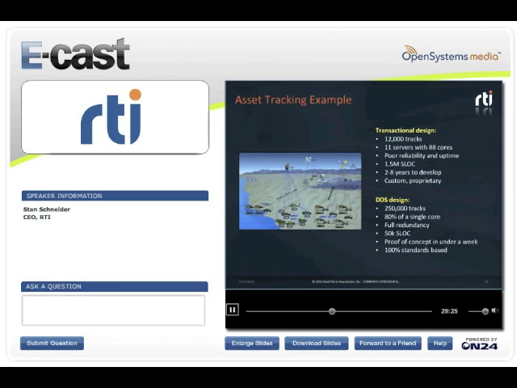And then they switched over to a DDS-based design, and they got 25 times the performance. Even though they want it for redundancy, and don't want to run on a single core, it can do all of that on a single core. And a lot of this is a testament to the inefficiency of the previous design. But DDS, our technology, can do